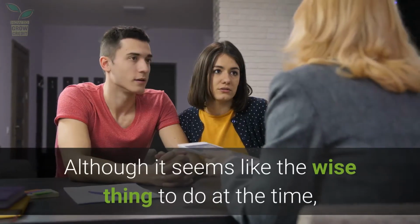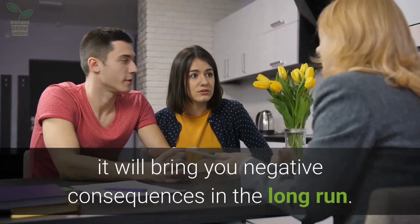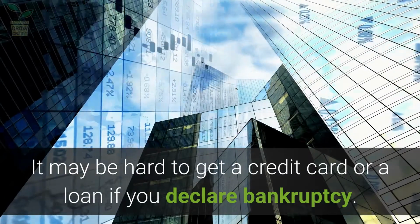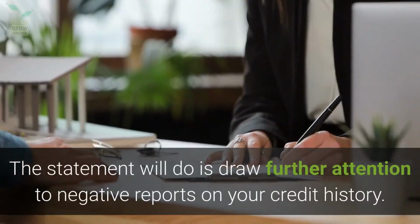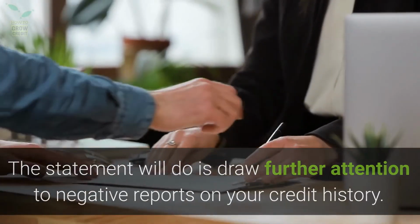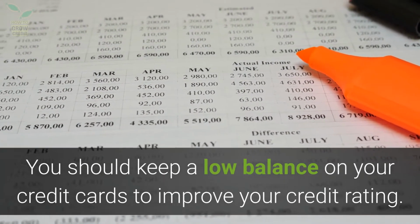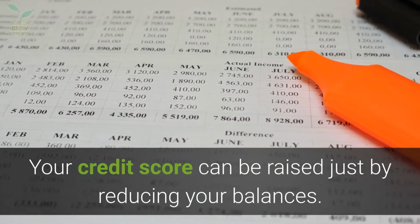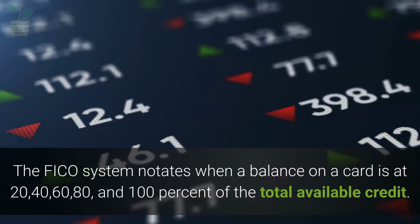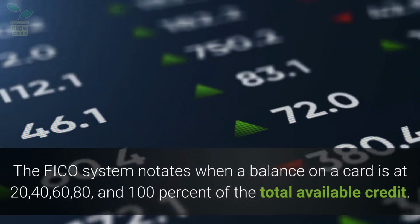Although it seems like the wise thing to do at the time, it will bring you negative consequences in the long run. It may be hard to get a credit card or a loan if you declare bankruptcy. The statement will do is draw further attention to negative reports on your credit history. You should keep a low balance on your credit cards to improve your credit rating. Your credit score can be raised just by reducing your balances. The FICO system notates when a balance on a card is at 20, 40, 60, 80, and 100% of the